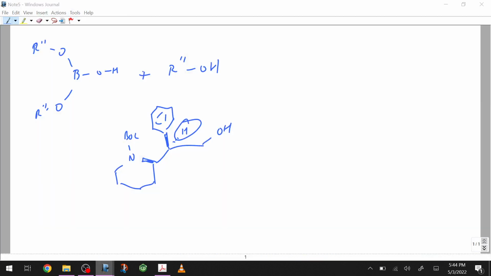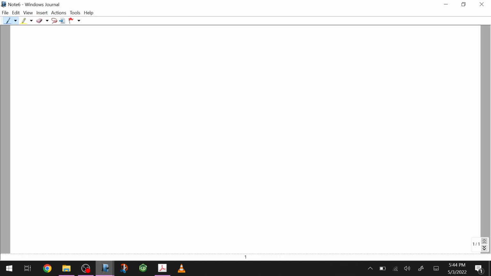And that shouldn't be a real surprise. The hydroboration, because of how it works, the boron has to come in either above or below. The boron and the hydrogen, adding simultaneously, have to come in either above or below the plane of that